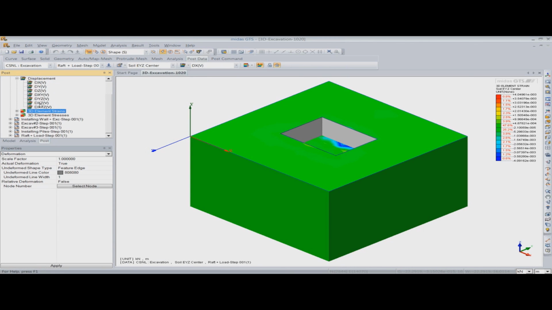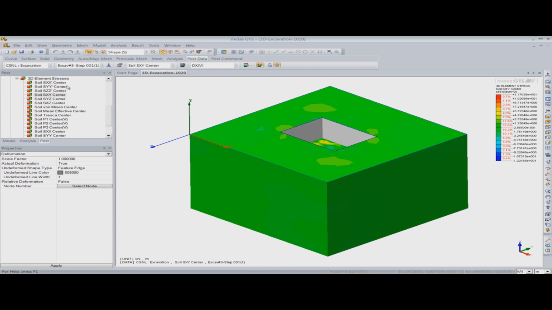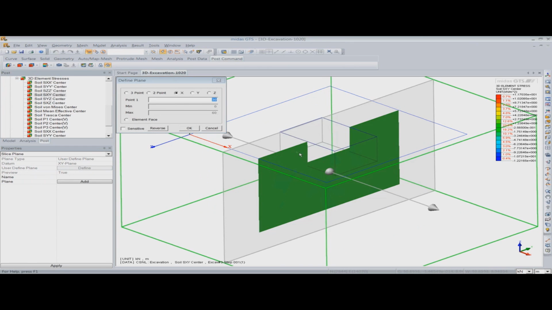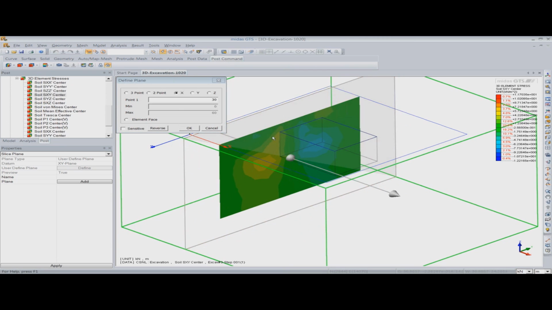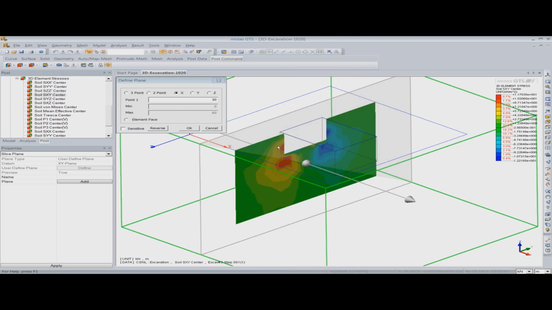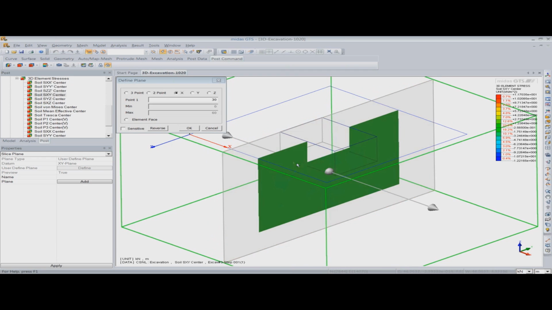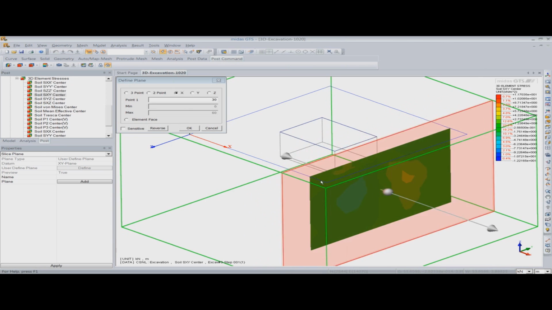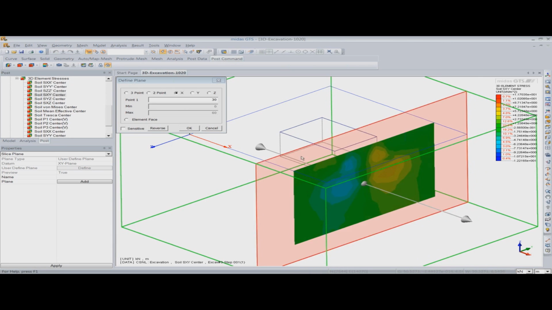Let's say I want to see the stresses inside the structure. So I'll go to 3D stresses, I'll obtain the stress profile, and let's say I want to go inside the structure and see how the results look like. For that I can go to the slice plane and I can slice the plane in any direction that I want. So as you can see, this is how the stress changes inside. So you cannot see it from the outer boundary, so you can use the slice plane feature, and this is how the stresses appear.